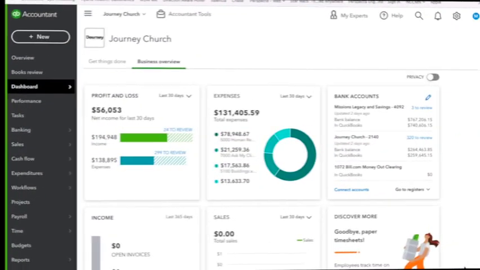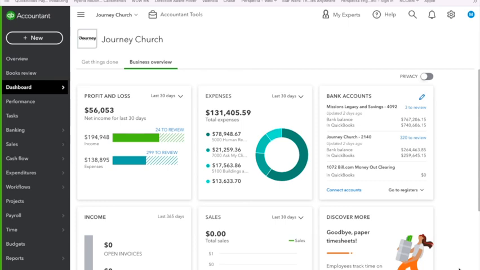So let's take a look at the QuickBooks for Journey Church. We're in the accountant mode, so we can see other churches, but this is yours. What we're seeing here from the dashboard is what's called the business overview. This is my preferred view, because it allows me to see quickly what has transpired in the last 30 days. I can see that we've had a net income for the last 30 days, the total income that has come in, the total expenses, and the number of accounts that need to be reviewed on each one of these categories. Notice that these are active links. If we click on them, we will go to the screen to do those. We'll do that in a second.